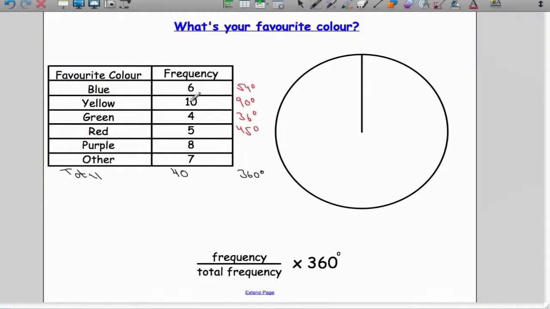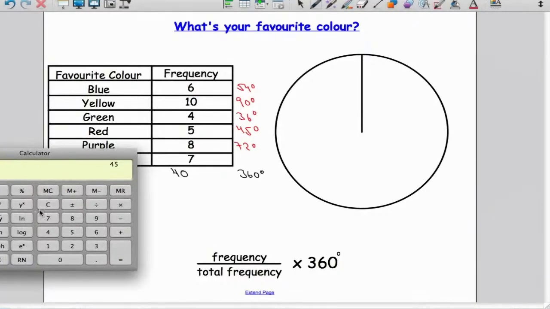We should have been able to work that one out anyway. If 10 people gives us 90 degrees, 5 people will give us 45 degrees. 4 people gives us 36 degrees. That means 8 people will give us 72 degrees. Let's just double check that, make sure that we're doing everything correctly. 8 divided by 40 and multiply our answer by 360, 72 degrees, spot on. And then finally 7 divided by 40, 7 divided by 40 and multiply that by 360 degrees gives us 63